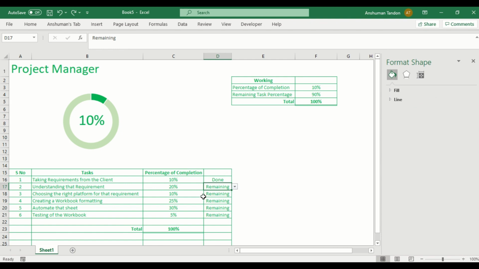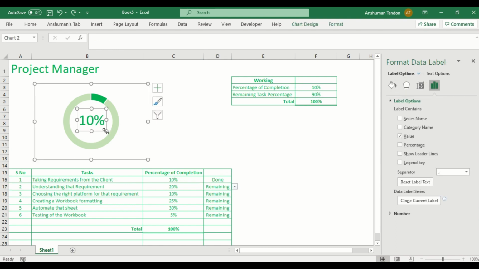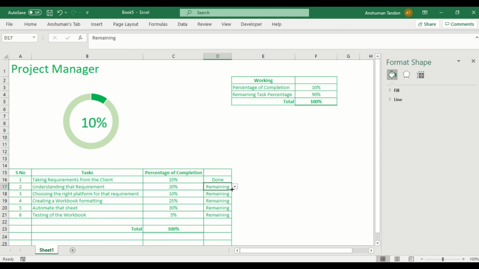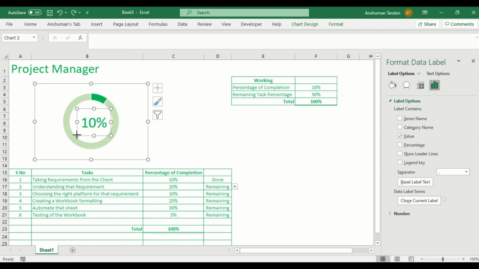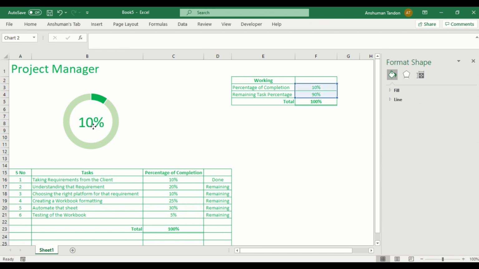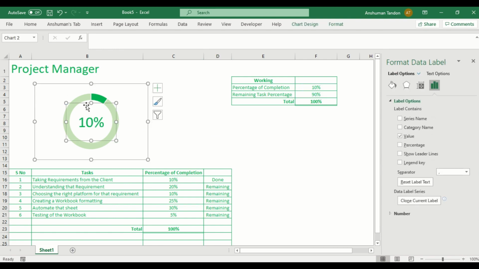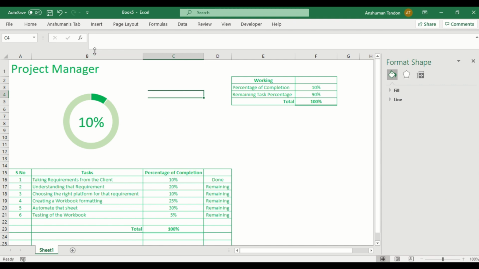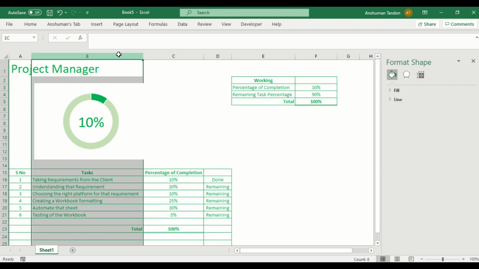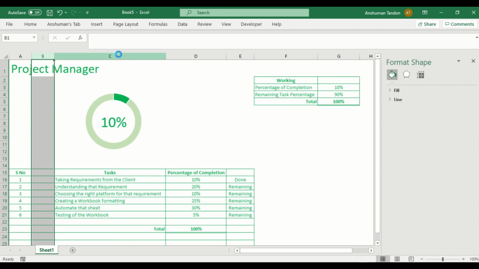Now we are getting some issues, like when I make it 30, it goes down. This is because maybe the selection of this square is not good. So I have made it big, and okay, we have made this box bigger so that whenever we change any value, nothing will go into a different position. Now one thing I want to show is that if I do any addition into this selection, let's say if I add a row, you can see that this chart is going with it.